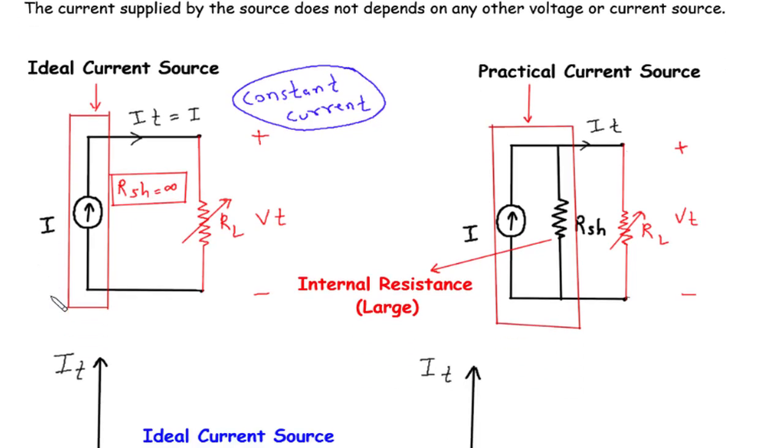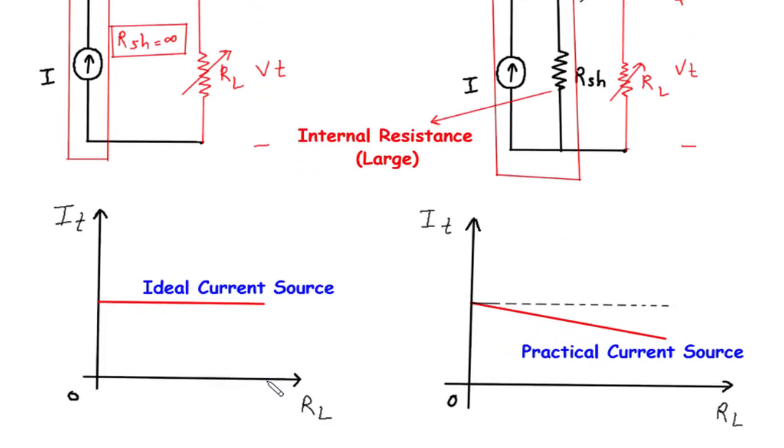To gain a visual understanding of the characteristics of an ideal current source, let's construct a graph that relates the load resistance, RL, to the output current, IT. By plotting RL on the x-axis and IT on the y-axis, we can examine how the current source behaves under different load conditions. Since the internal resistance is infinite in the ideal model, the output current remains constant, irrespective of